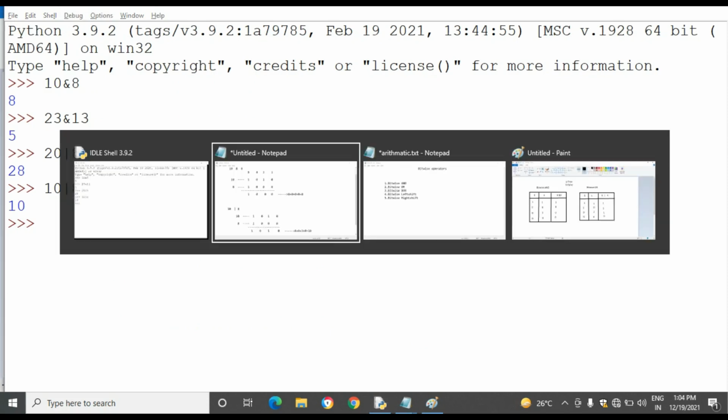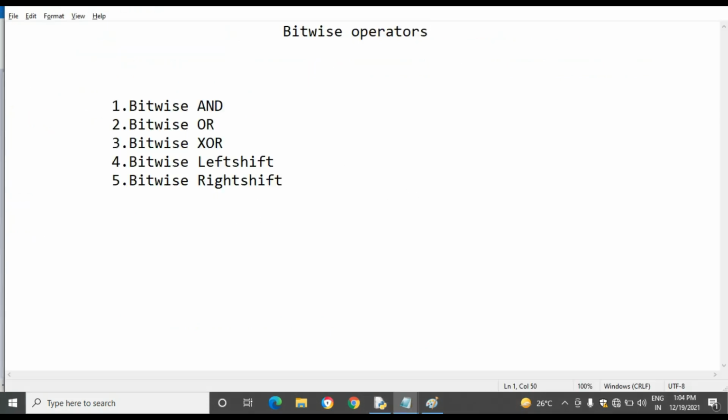Then the next one is bitwise XOR. XOR means nothing but the same XOR table. That means x, y, x cap y.